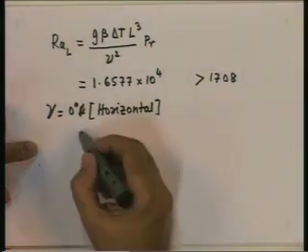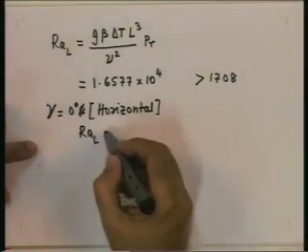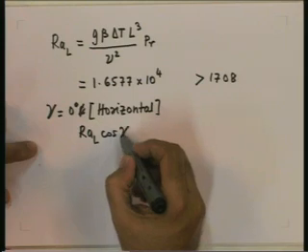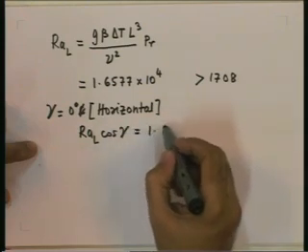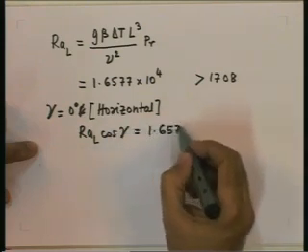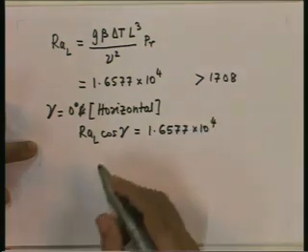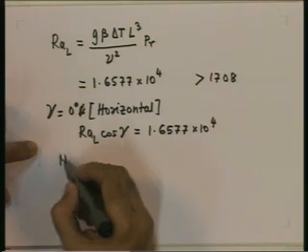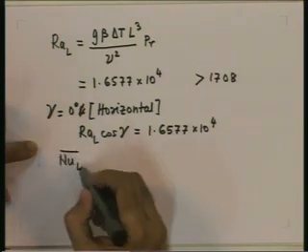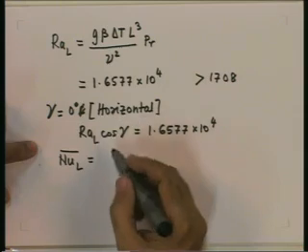In this case, Rayleigh number into cosine gamma is 1.6577 into 10 raised to 4. We have a correlation for the average Nusselt number, which is